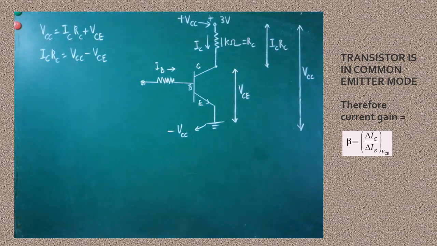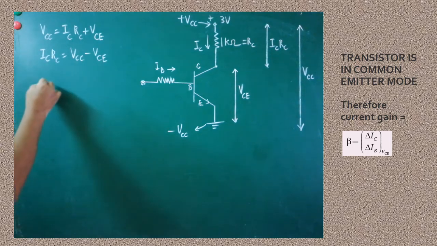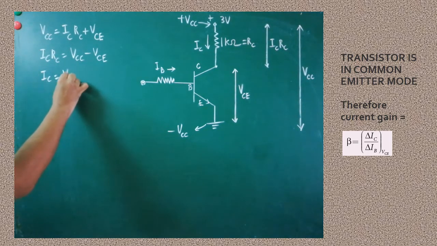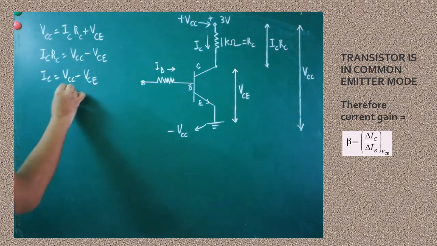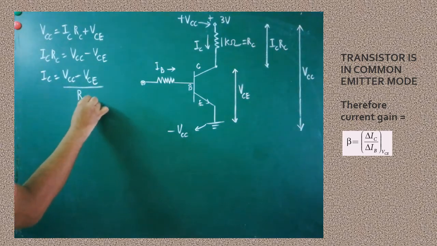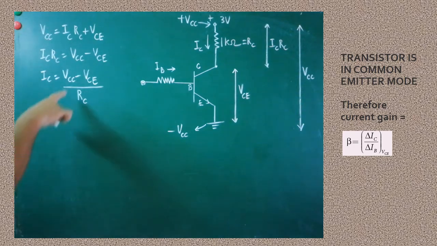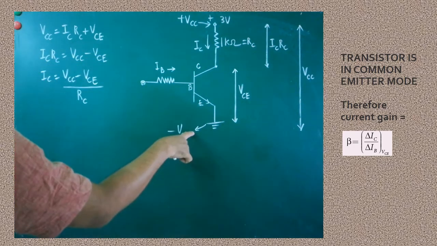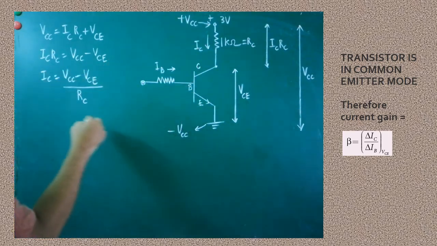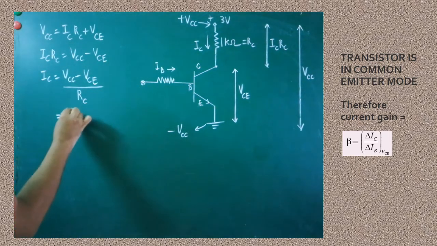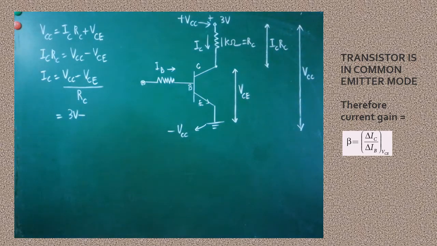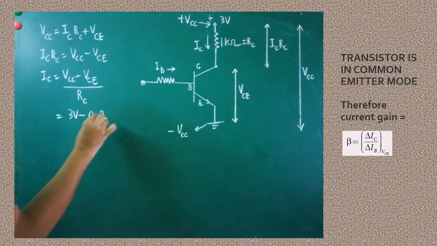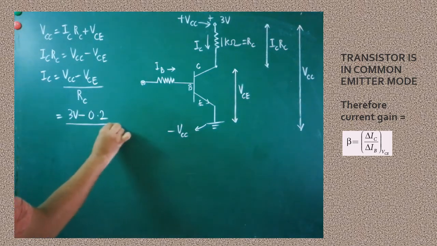Okay. So the next step, IC is required now, so that can be kept on one side. IC is equal to VCC minus VCE whole divided by RC, RC can be cross multiplied. What is VCC? Across this terminal and this terminal, what is the potential difference? 3 volt is given. Therefore VCC value is 3 volt. Are you clear? Minus VCE. Its value is also given, it is in saturated condition. VCE is given in the problem, 0.2 volt, whole divided by RC.